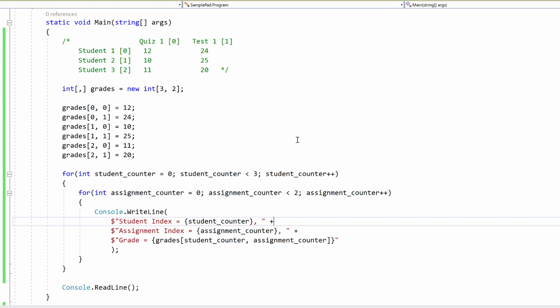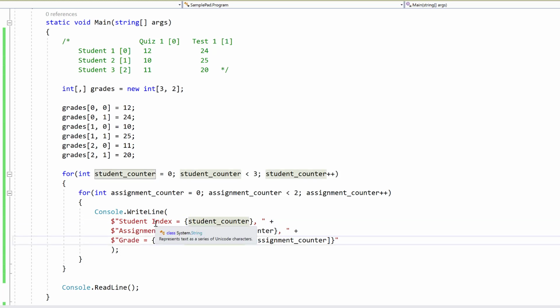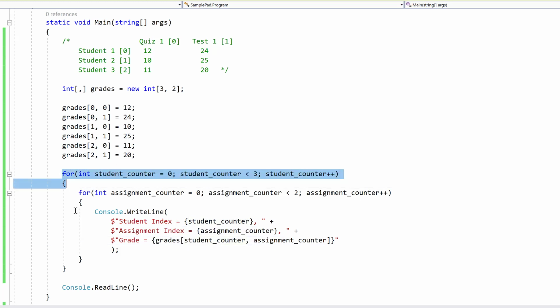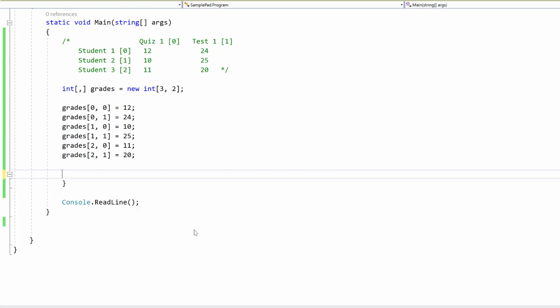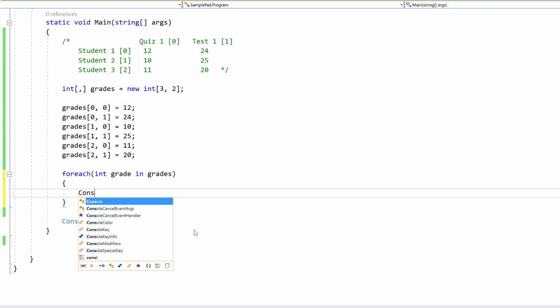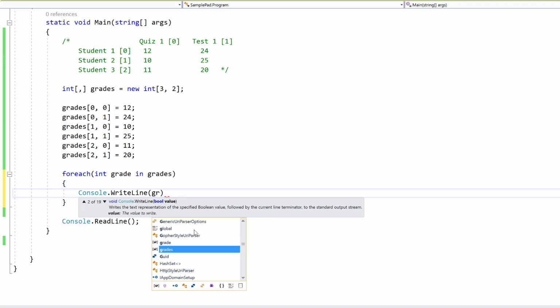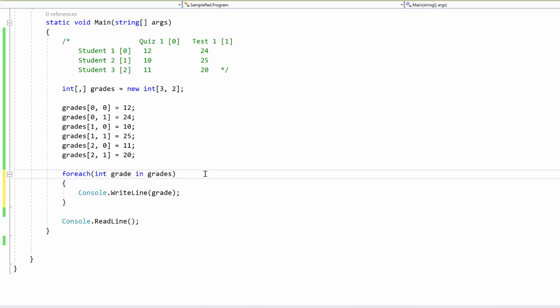Now again, if we didn't want to show the counters, but rather simply wanted to show the array values, we could use a for each loop. However, you lose the information regarding the position of the data. So for instance, we could do a for each loop, for each int grade in grades, Console.WriteLine the grade, and run this application,